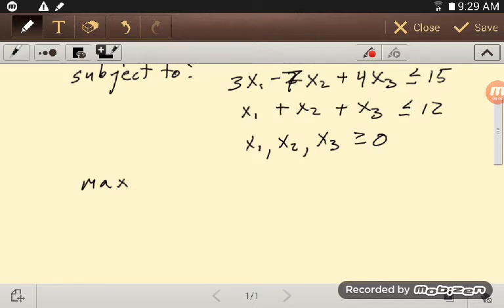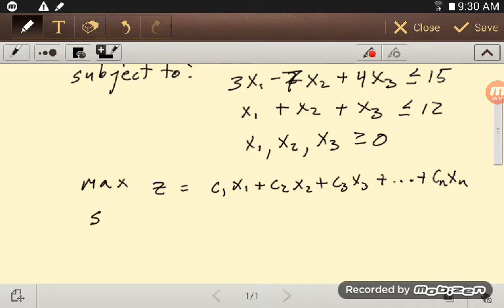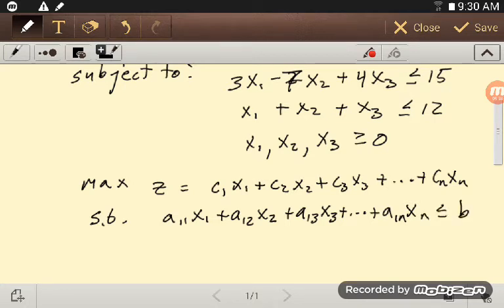But so we want to maximize our z, and generally speaking, we would have some constant c1 times x1 plus some c2 times x2 plus c3 times x3 up to some cn xn, and then subject to, and here we would tend to write a11 x1 plus a12 x2 plus a13 x3 plus dot dot dot plus a1n xn has to be less than or equal to some b1,